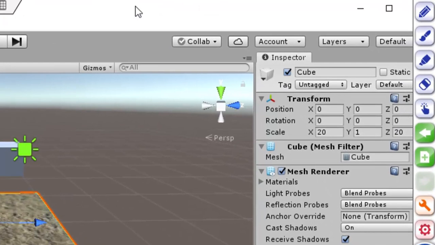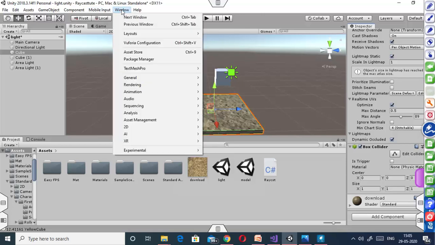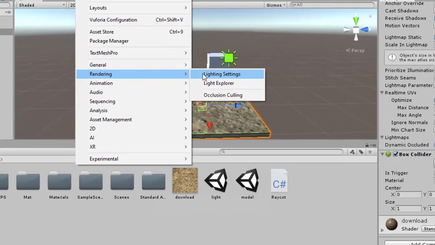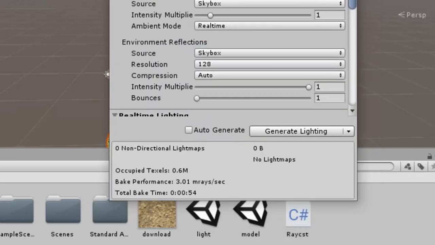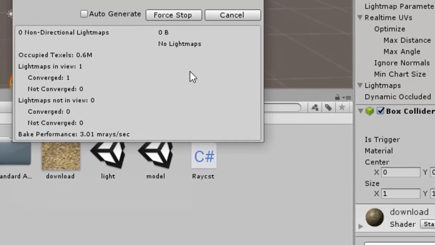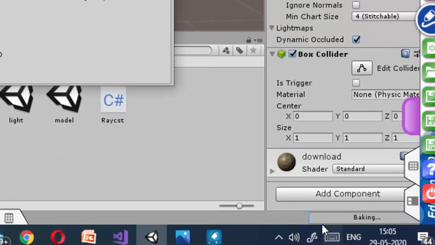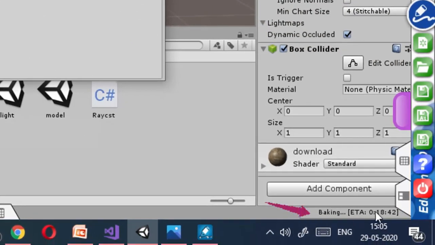So what we have to do, we have to go to this icon and click on Static. Now go to Window, Rendering, Lighting Settings. Here we have to go to Scene, and you have to untick Auto Generate. It is already unticked. Now you can generate lighting. Here you can see that it's baking the scene.